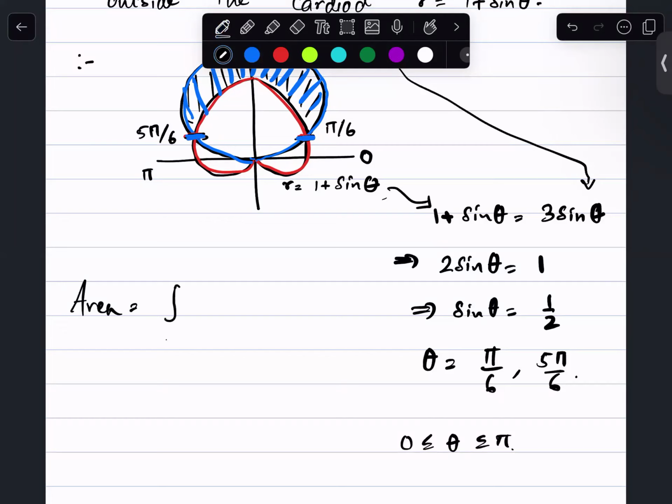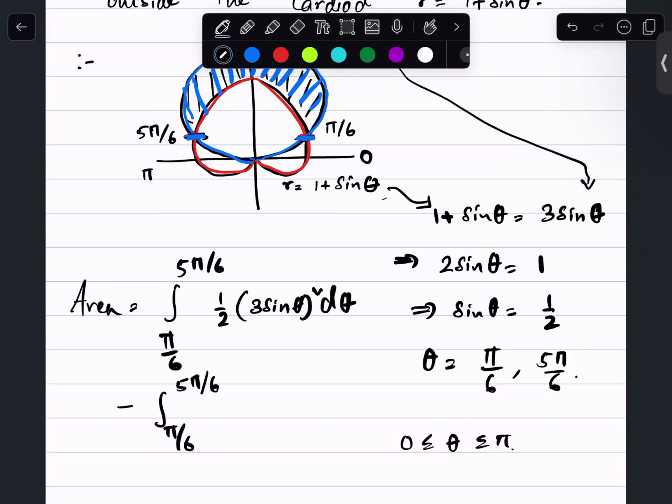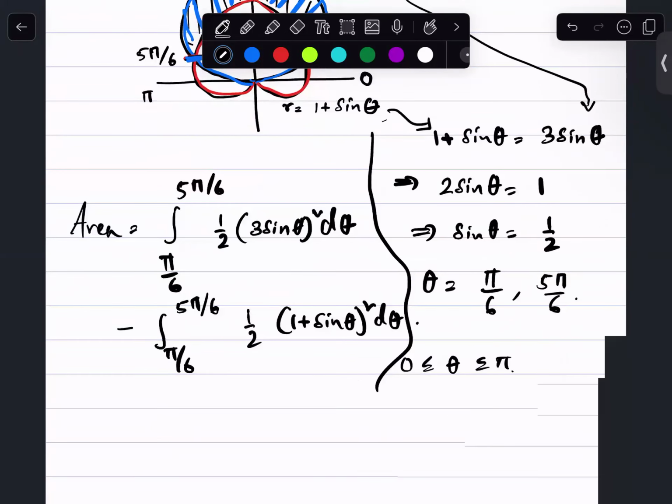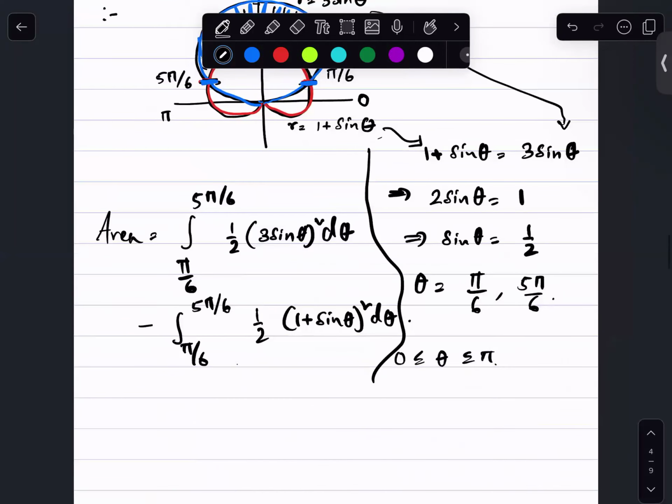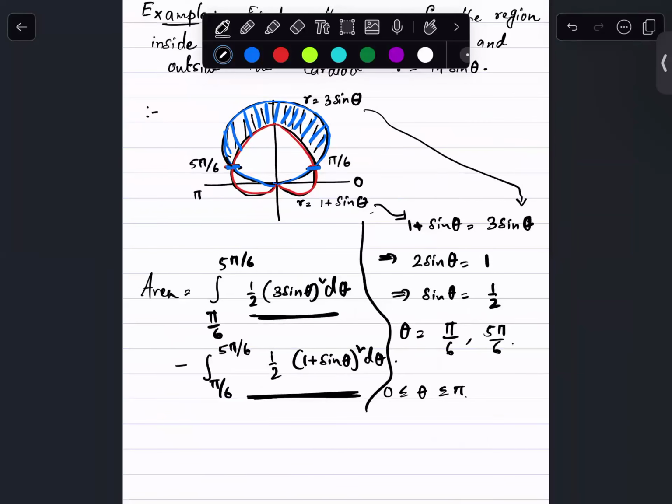Now the formula for area is quite easy now, but this time I have to take half of 3 sine theta squared d theta minus half of 1 plus sine theta squared d theta, from pi over 6 to 5 pi over 6. Okay, I need to subtract this expression from this. Why? Because you can see that this